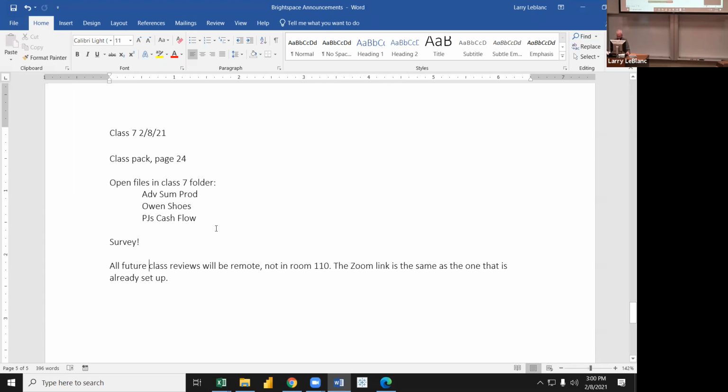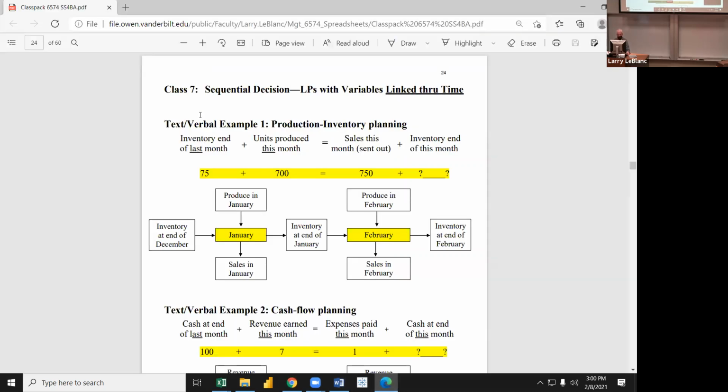Okay, welcome back to the spreadsheets class. We've been talking about advanced Excel, for example, the indirect worksheet function. We've been talking about form controls. Today, we're going to talk about linear programming for about half the class, maybe 50 minutes, and then go back to some advanced Excel. First, sequential decision optimization, a multi-period time horizon, linear programs with variables linked through time,